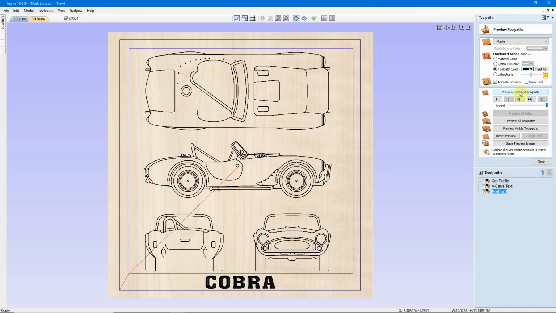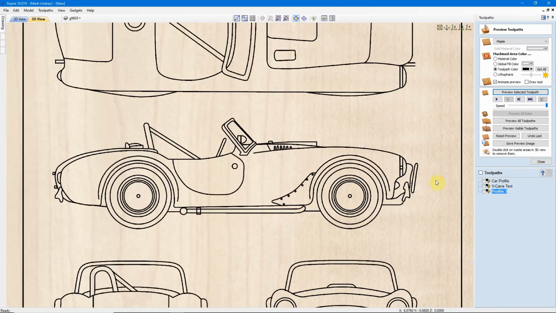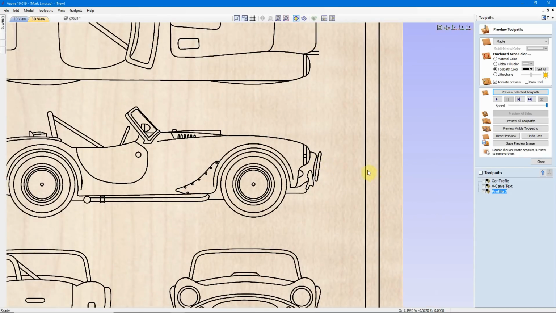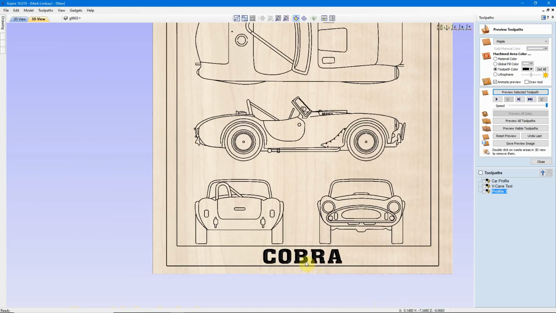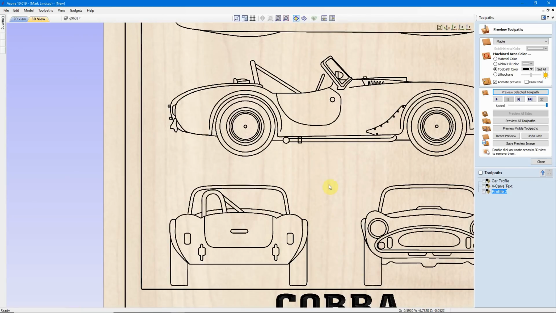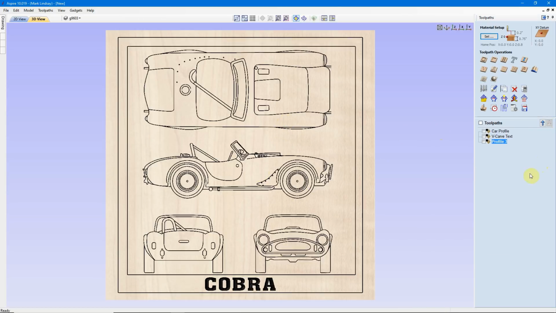And we'll preview that toolpath. So we now have our lines, our sculpture lines out here, our little pinstripes. We have our text down here. And we have what I think looks like a fairly decent piece of art. I'd hang that on my wall. You begin to see the difference in using a profile toolpath with a V-bit